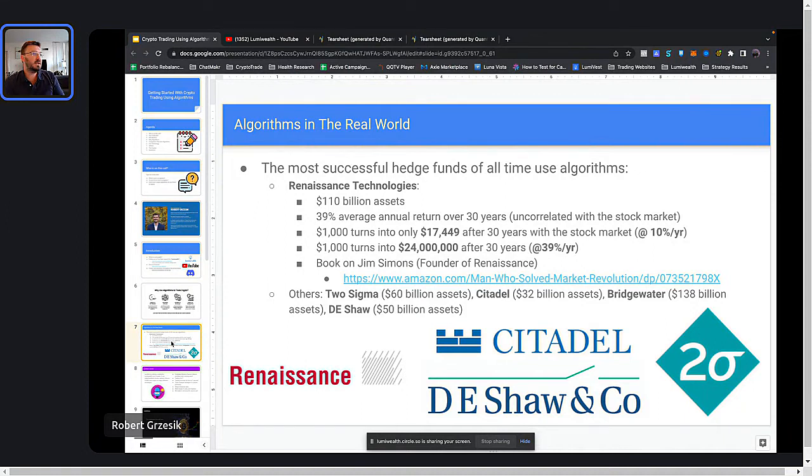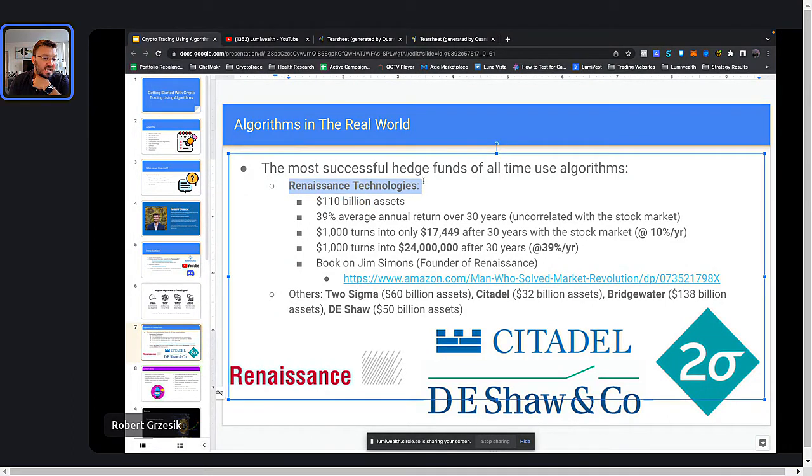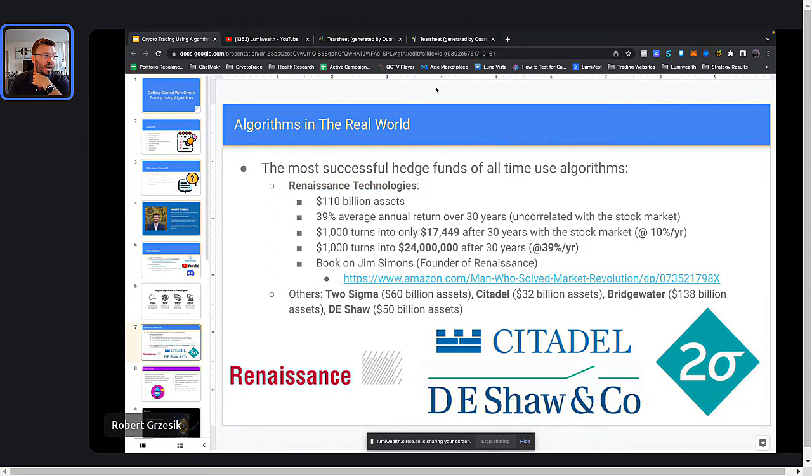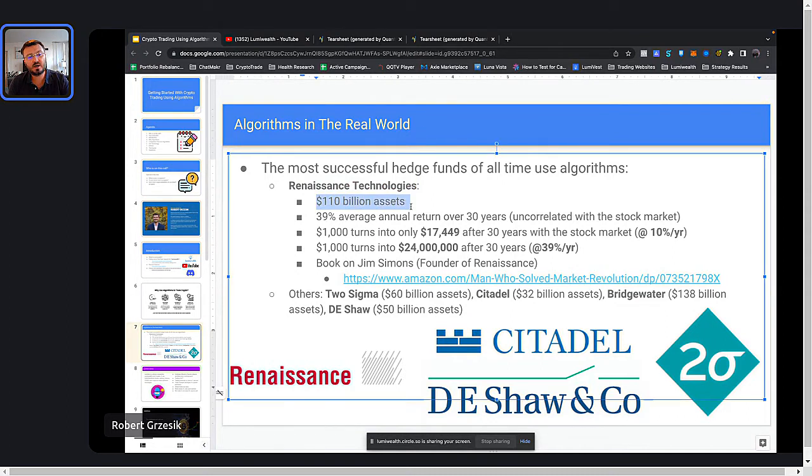So some of them, to give you a couple examples, right? So probably one of the most famous, I want to say, quantitative hedge funds. These guys have been around for a while. Really, really did quite well in the game. These guys, last time I checked, had $110 billion worth of assets, although I wouldn't be surprised if that's significantly higher at this point. I checked about a year ago, but they've probably done very well.